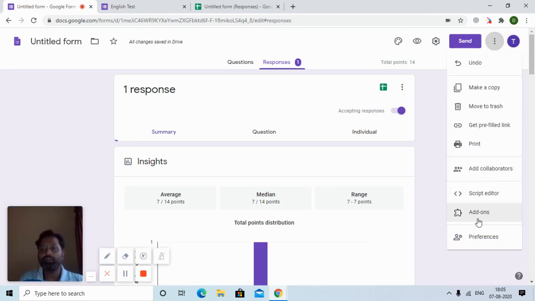You can also limit your questions by adding add-ons, so that we can see here. Here you have the option of adding add-ons to this sheet. What it will do is you can limit the responses maybe for 20 answers only, or you can give them a time slot. But some of these add-ons can be paid applications given by third-party vendors. These are not created by Google developers, but by individual developers or smaller companies as add-ons. Some of them are free,